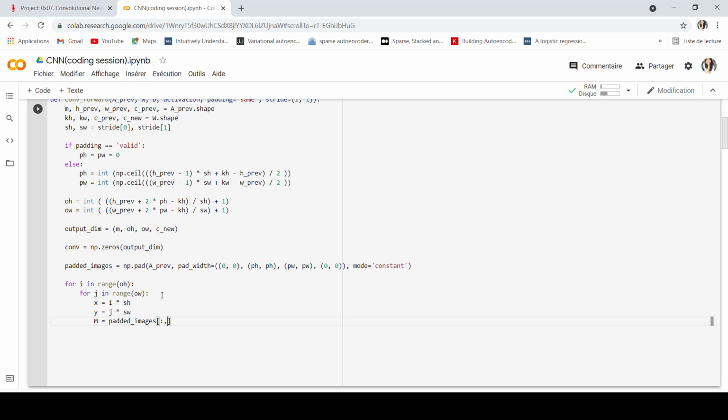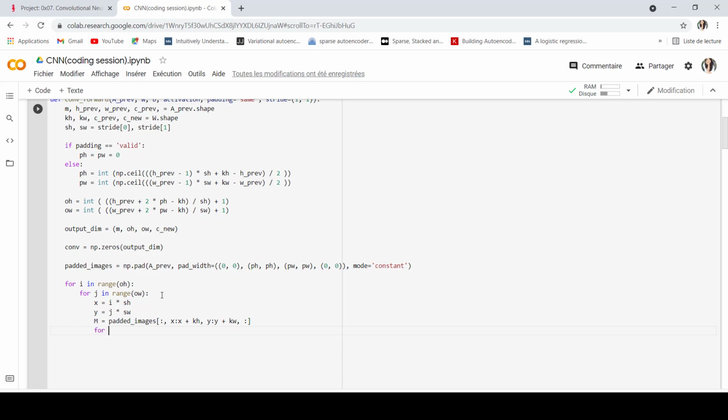I'm going to slice over all the images, and then from x until x plus kh, and then for the width from y until y plus, sorry, plus kw. And then I'm going to take all the depth, all the channels. So here I create my slice.